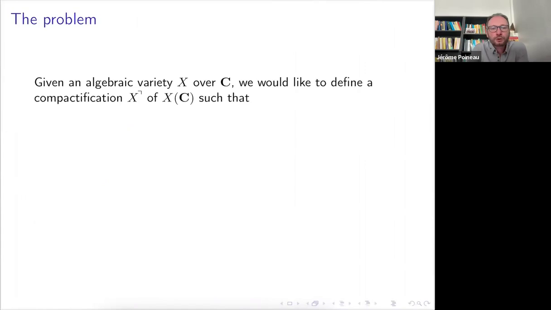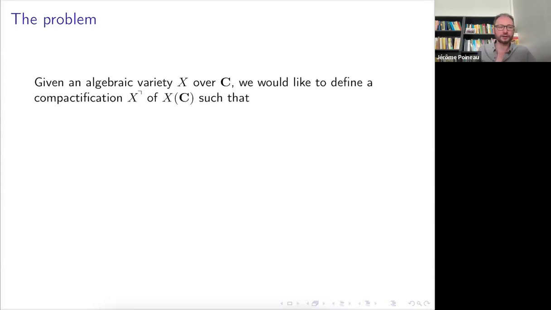Okay, so what do we want to do? What is the problem? We start with, say, an algebraic variety over C. Everything I'm going to say, let me say just once: I'm going to say C everywhere from now on. If you replace C by any complete valued field, Archimedean or non-Archimedean, it works exactly the same. If you like, you can say Q_p instead of C everywhere, and it works exactly the same. But maybe for concreteness, let me stick to C.